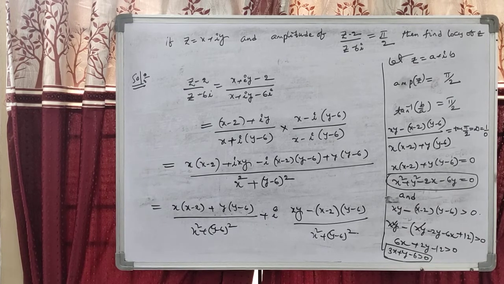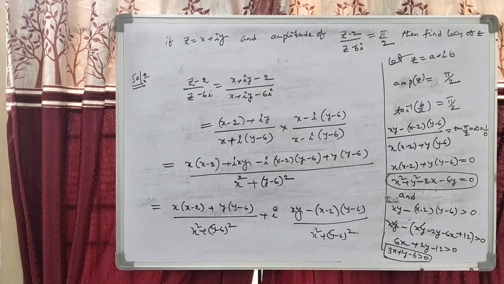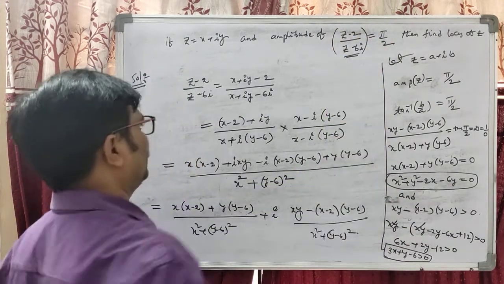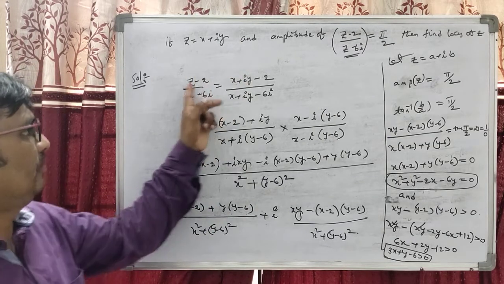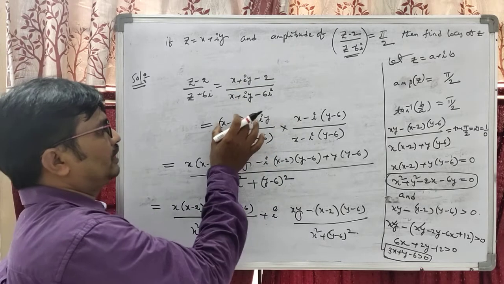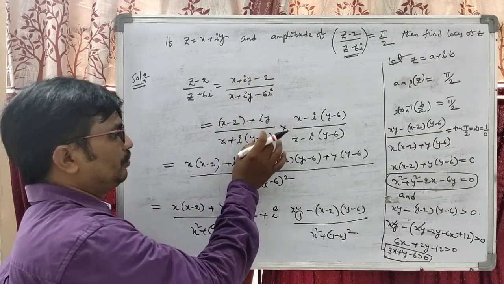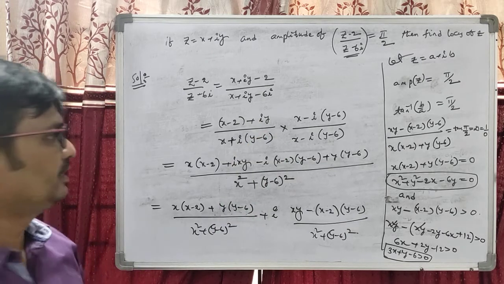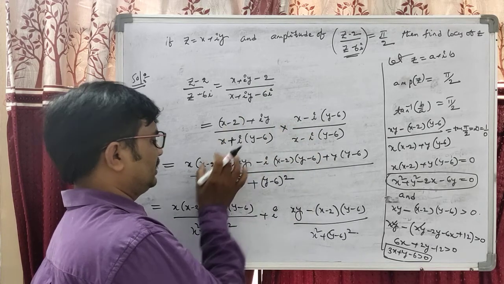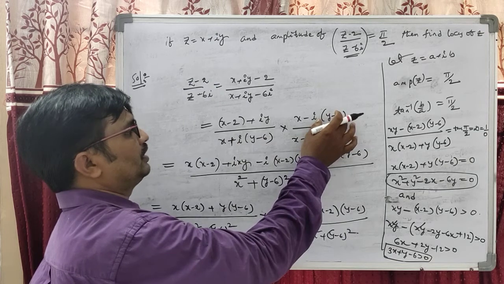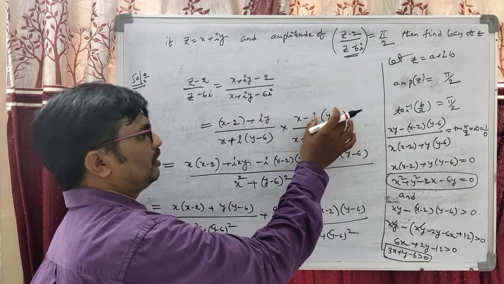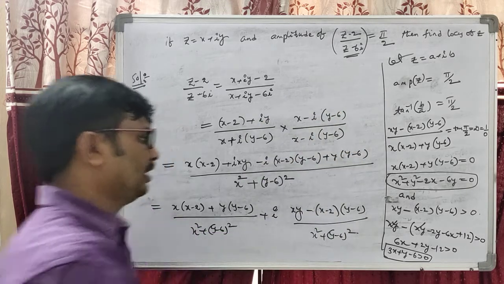How to write it? Z equal to x plus iy. Amplitude means argument of. So first you can simplify this complex number. Z is given by x plus iy minus 2, x plus iy minus 6. Real part is x minus 2, imaginary part is y minus 6. Now the rationalization: the plus sign, we are taking minus sign. First we multiply x into x minus 2, ixy. After then minus i into x minus 2 into y minus 6, iy into this one, minus i square is plus, y into y minus 6.